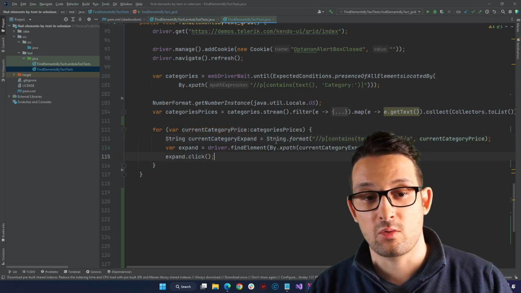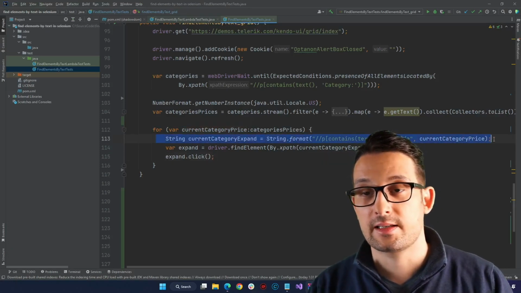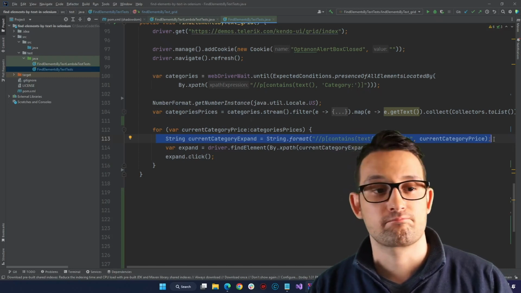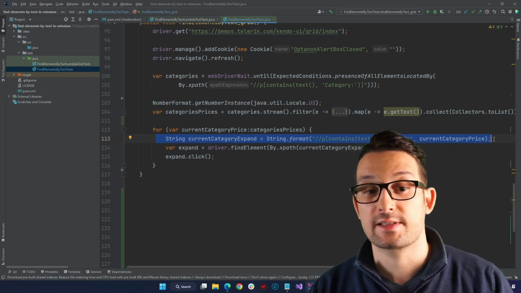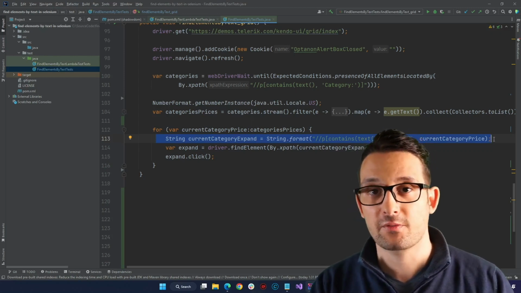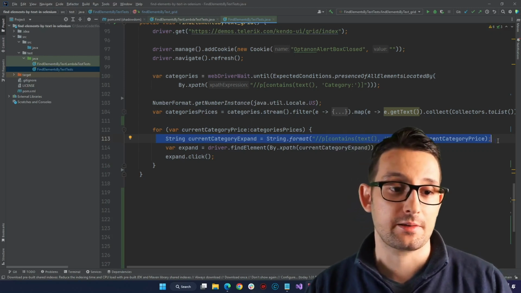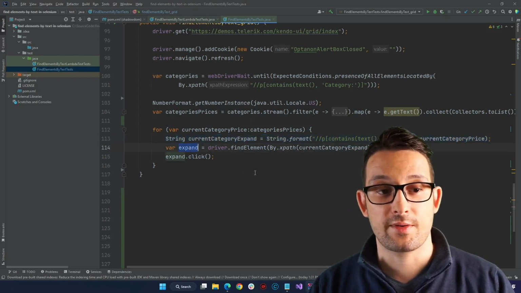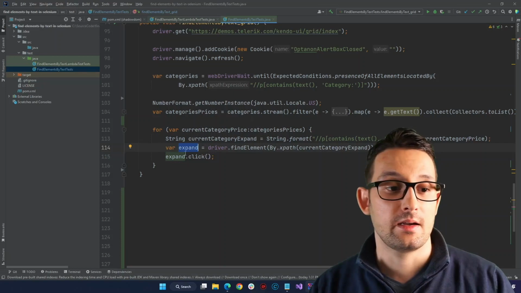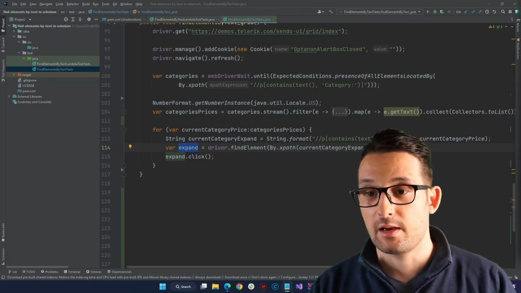So this is how we formatted them. As I said, this is a very popular technique. In many enterprise projects we do the same. We just format, we have these format functions to build these dynamic locators. So this is how we find the expand link, and we can click them. After that,